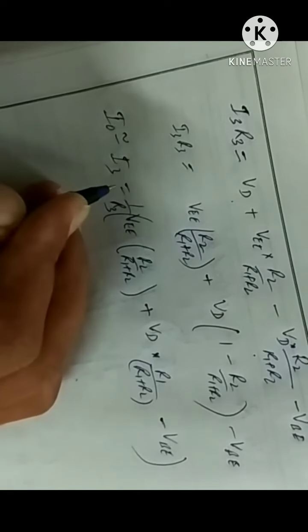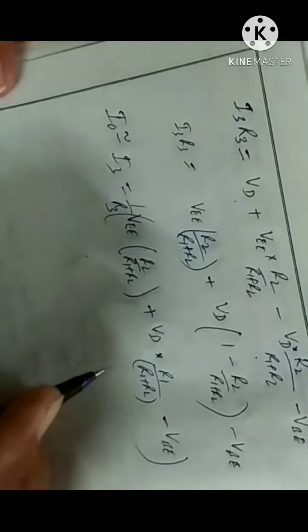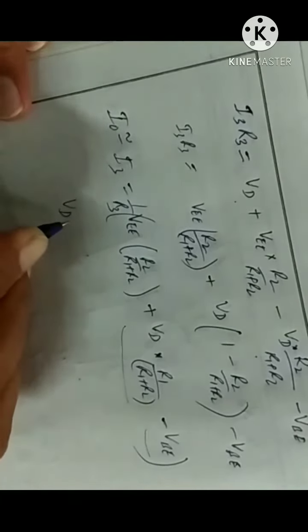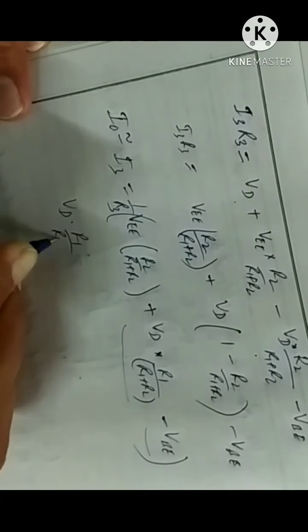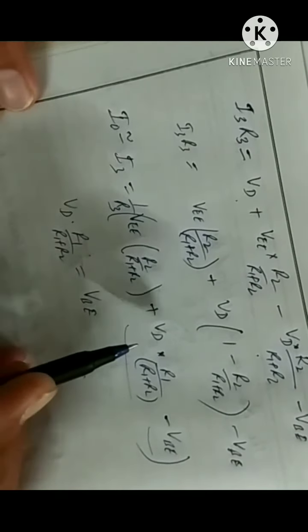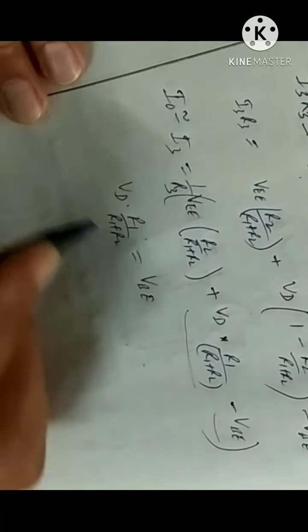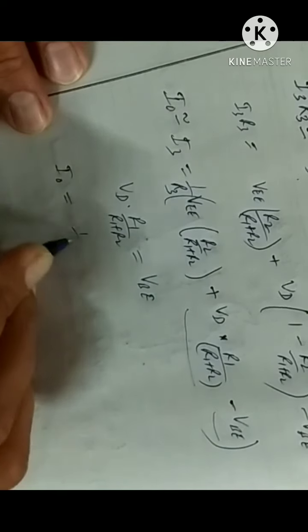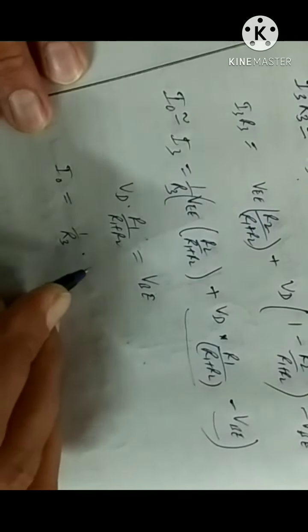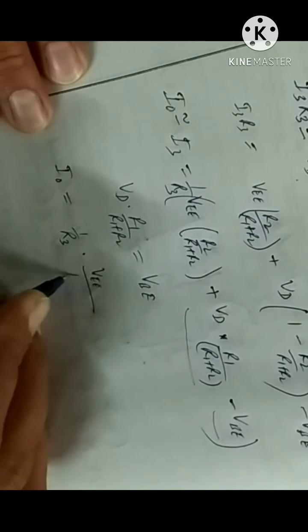So they will be approximately equal, and if we can somehow adjust that this factor is equal to this factor, that is VD into R1 by R1 plus R2 is equal to VBE, then these two factors will cancel each other and we have only this factor. So IO then will be 1 by R3 into VEE divided by